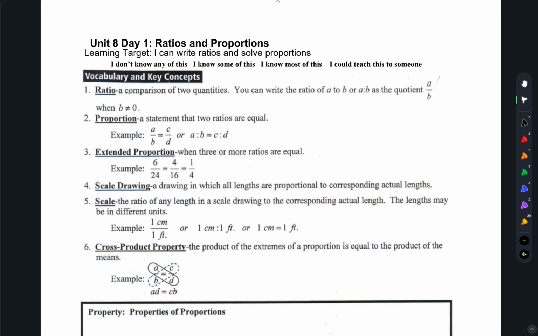Hopefully a little bit of review. This is ratios and proportions, which we've seen before. Starting off with just some vocab. A ratio is when we have just one fraction. It's a comparison of two different quantities. So for example, A over B, we can also write it as A to B with a colon in the